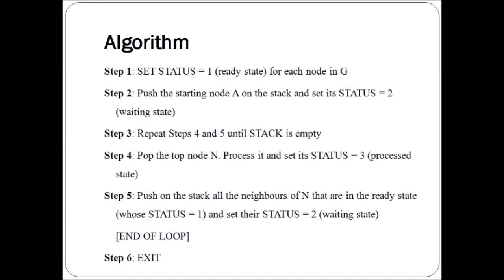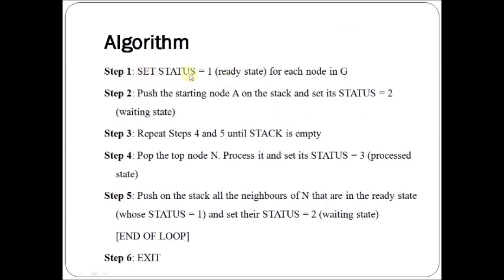Consider the algorithm for the DFS. As I have discussed in the previous video, the algorithm uses a variable status which has three values. Status equal to 1 means that our node is in the initial state, that is the ready state. When the status is equal to 2, it means we have visited that node, but it is in a waiting state, either in a queue if we are using BFS, or in a stack if we are using DFS. And 3 means we have visited that node, we are done with the processing, and that node is now completely processed. So there are three possible values of status: 1 for the ready node, 2 for the waiting node, and 3 for the processed node.